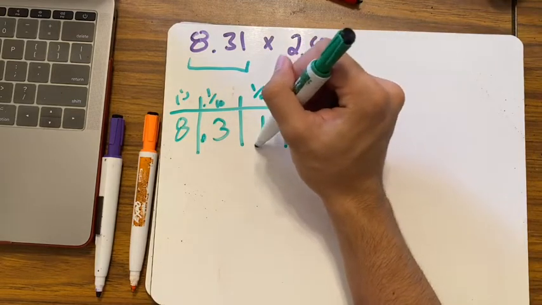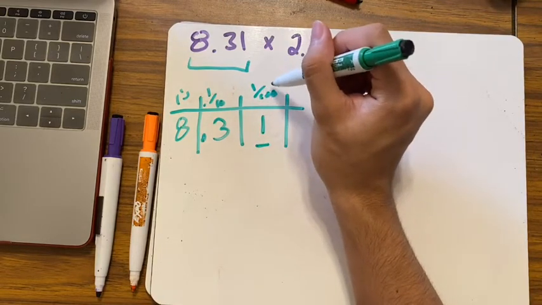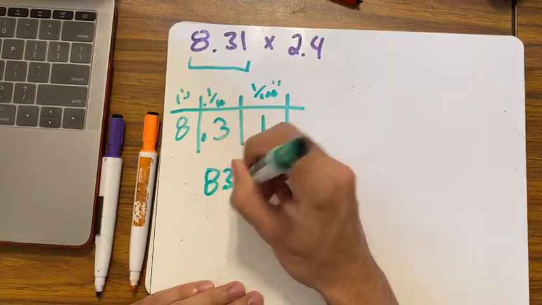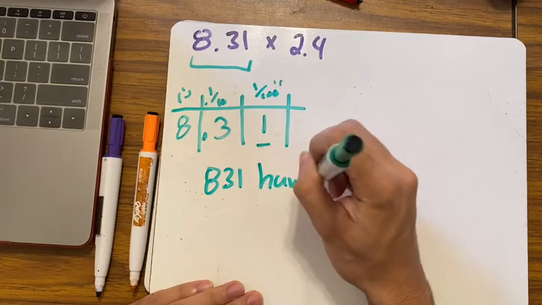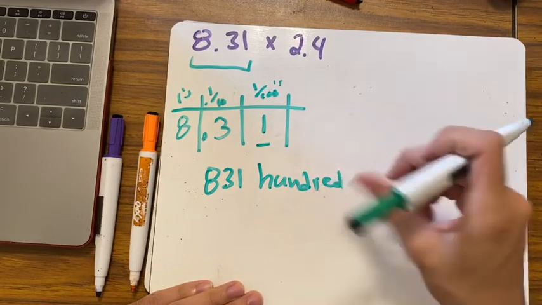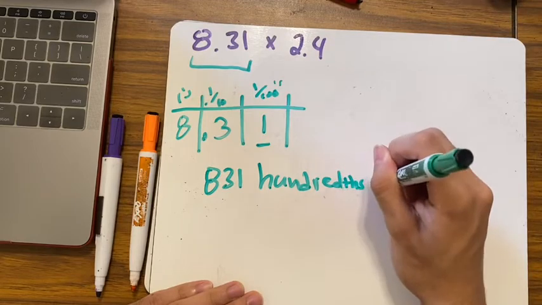My first digit, this digit, is in my hundredths place, so then that means I have 831 hundredths. Okay? Hundredth times